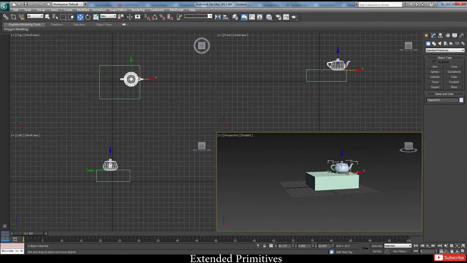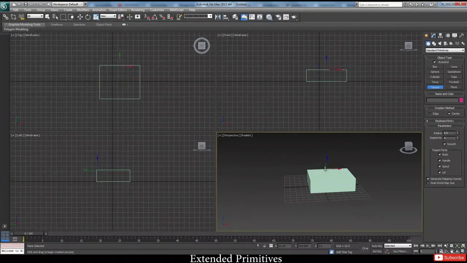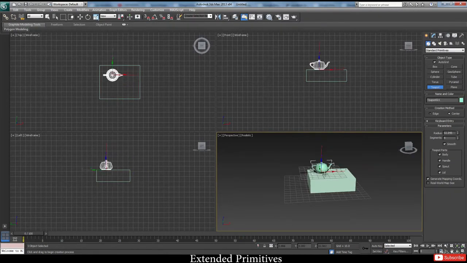The better way to do it, which is faster, is, let's just delete this. Go to your create panel, select teapot. When you select teapot, you have an auto grid checkbox that comes here. Click on it. It creates a temporary grid on any object that it sees. Alright, so look at this. It's assigning itself to the faces. So here we create, and you see a temporary grid that comes up.